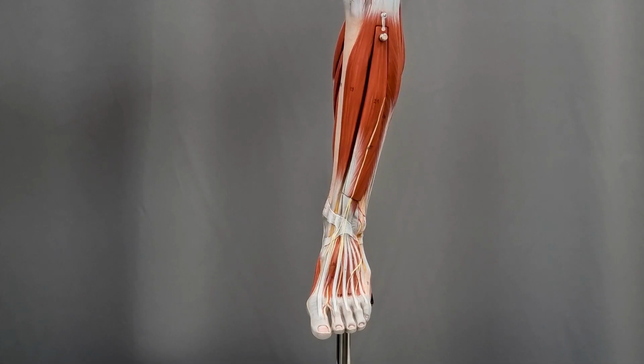In this video, we'll look at the surface anatomy and ultrasound of the anterolateral leg, foot and ankle. Before we do this, we will quickly recap the muscles of the anterolateral leg using a plastic model. The following muscles can be seen on the model: tibialis anterior,